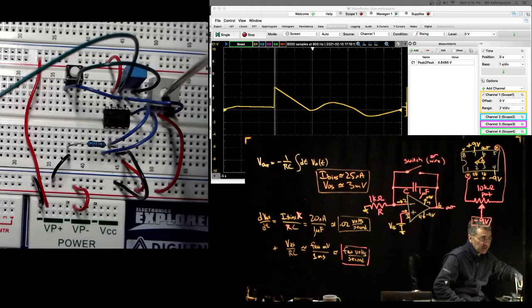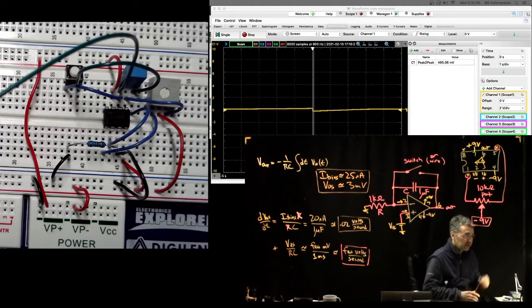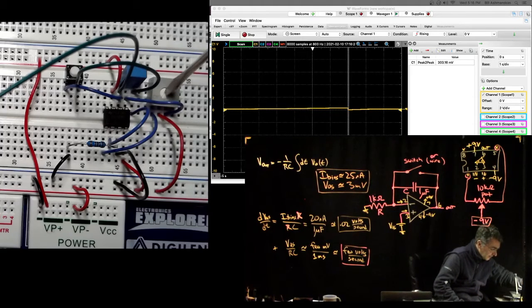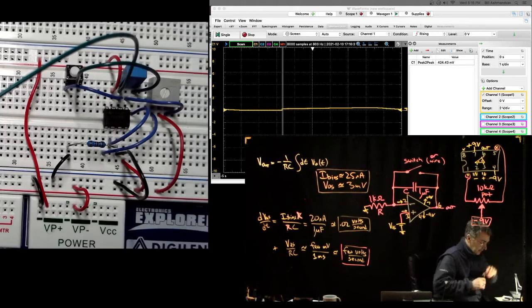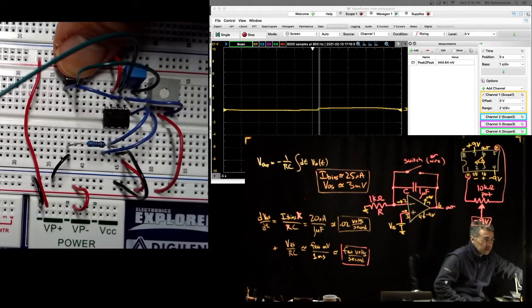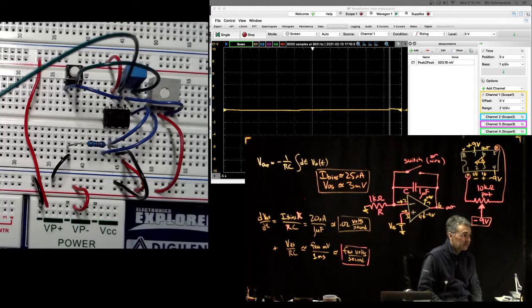It doesn't have to stay put at 0, because we can zero it by pushing the button, but you want to flatten it out. So there we go. I turned it until now I've pretty much zeroed V offset. Pretty well zeroed. And then I can push the button, let go of the button, and now,